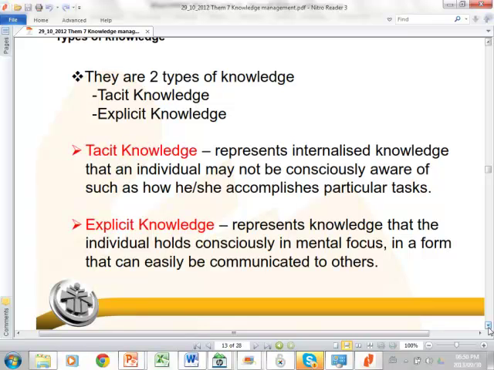Unfortunately, if knowledge is not explicit in the organization, that knowledge is very prone to be lost. Because if we don't even know what knowledge we have, how are we going to know what knowledge we should capture? And how are we going to know what knowledge we should be handing over to the younger generation? Often you get people who have been working in the same job for 30 years and they're very, very good at what they do, but they can't train anybody. They just don't know how, because they haven't made the step from tacit to explicit.